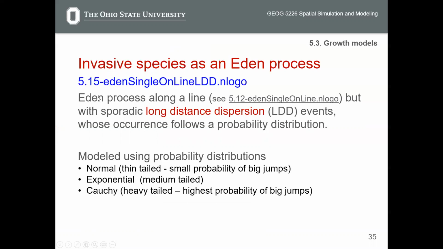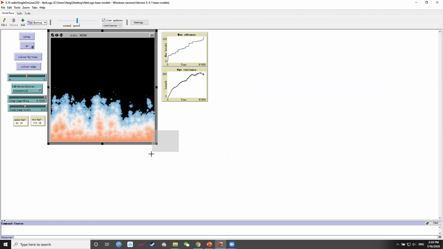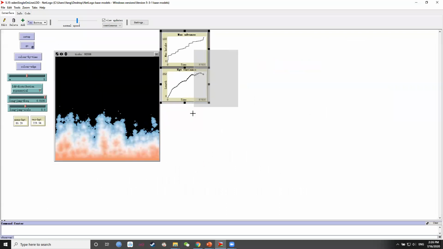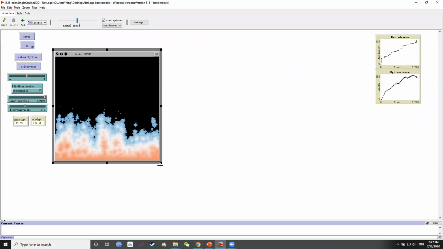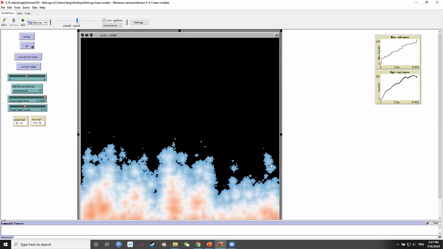In this model, in 5.15, there is what? Sporadic long distance dispersion, LDD events. What are they? Can you say these small clusters jumped very far away from the main cluster? Can you see this small island on the right side? Let me make it larger. Can you see right here, this island and also the small clusters, they are LDD, which means that